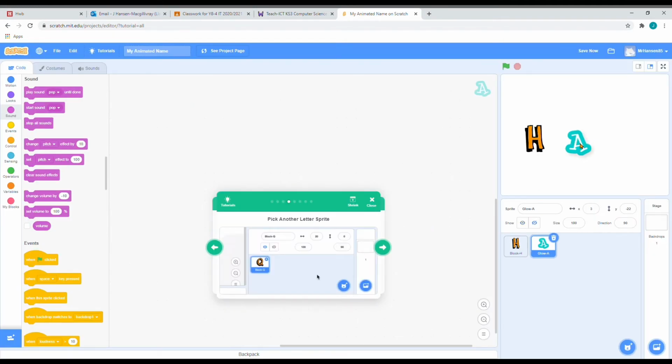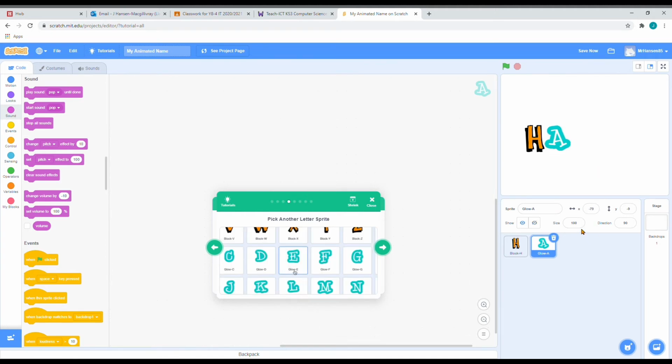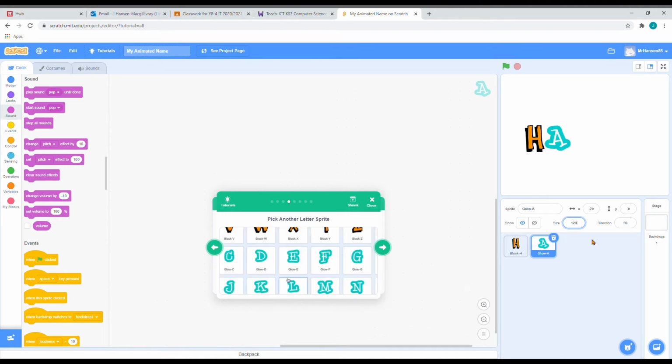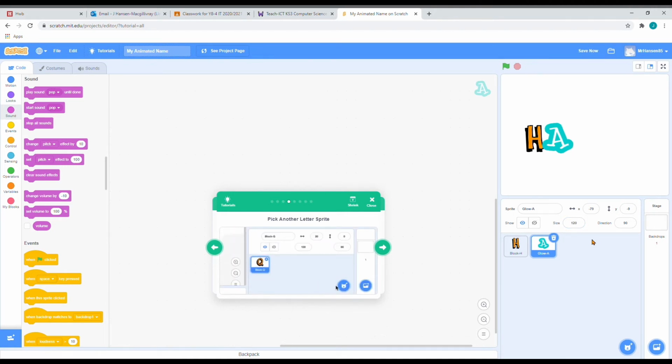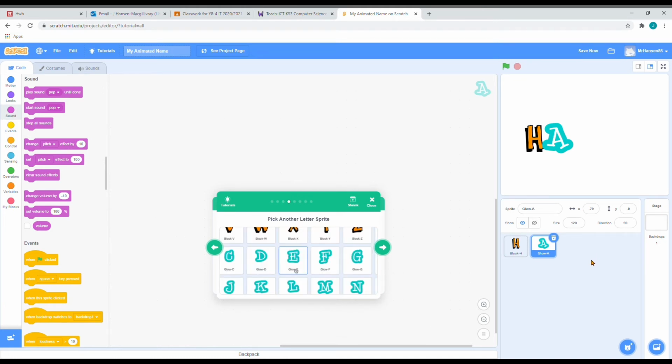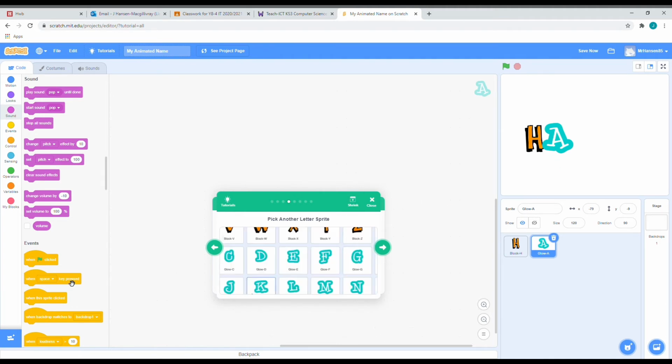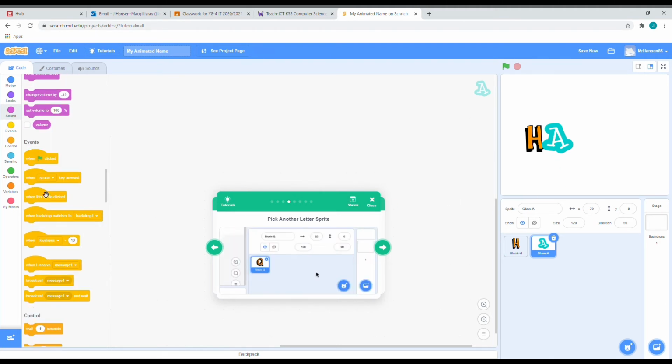Then we can move the letter to where we need it. And if you like, guys, if that seems a little too small for you, you can go to the size window here and edit that number so that the A, or the letter of your name, is a little bit bigger. Once you're happy with the size of it, we can now go back to the events code,